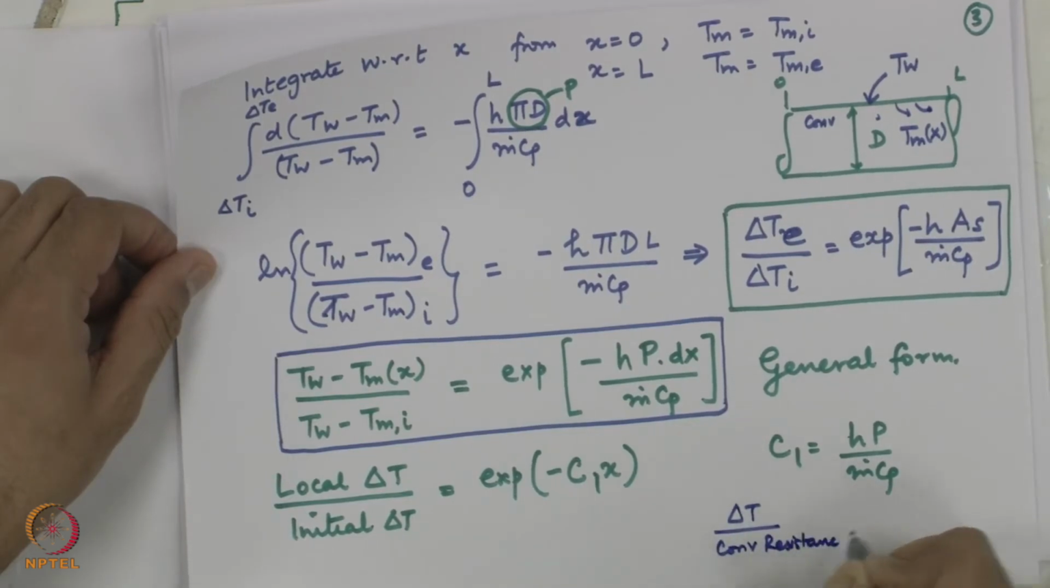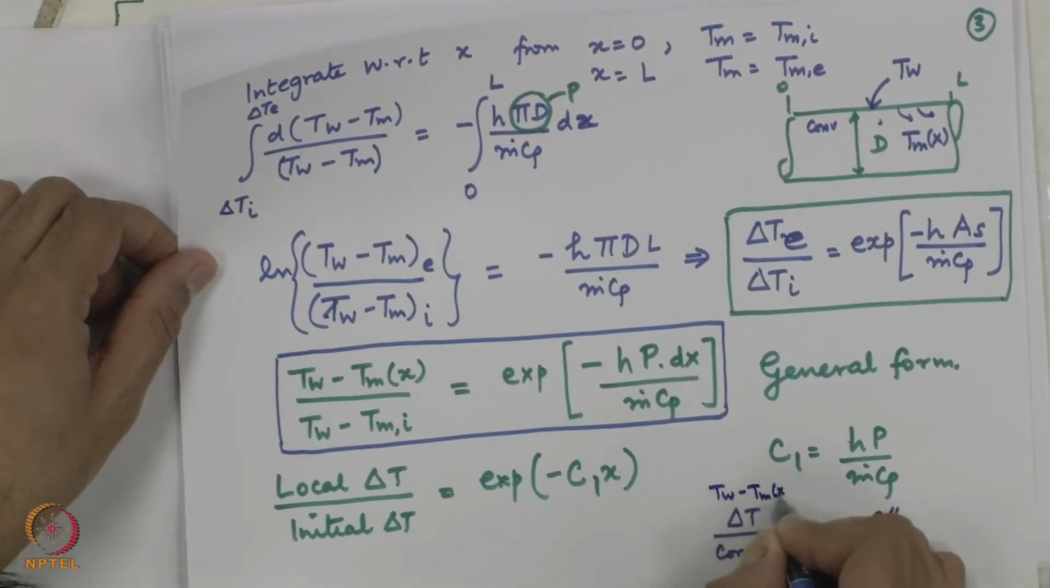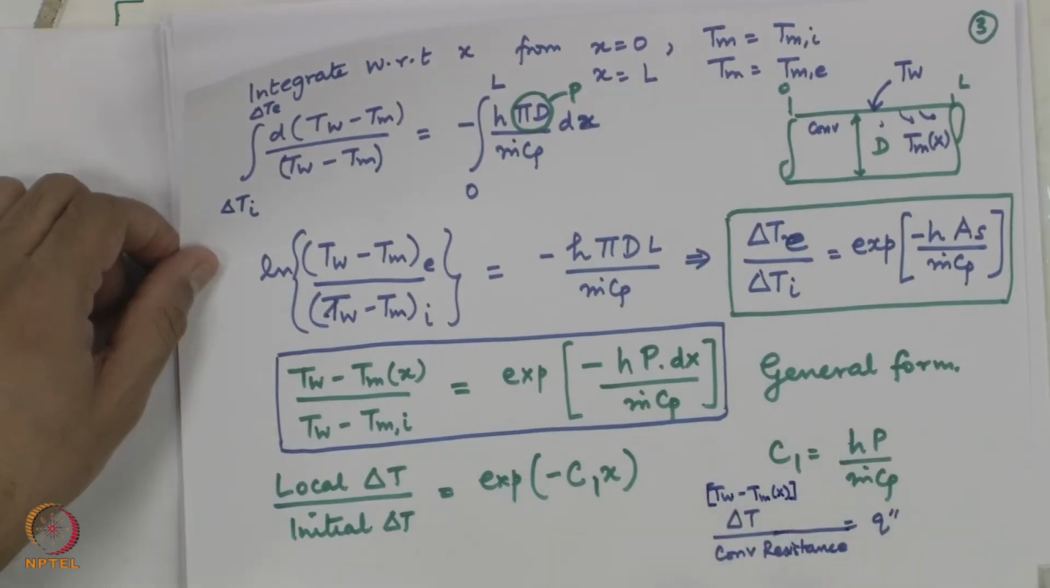That is my heat transfer, everybody agrees. So, Q double prime is nothing but local T wall minus T bulk mean local. This is my driving temperature difference divided by the convective resistance. Instead of having a single resistance, I can extend this to a case where I have multiple resistances, and the multiple resistances comes from the fact that you are going to